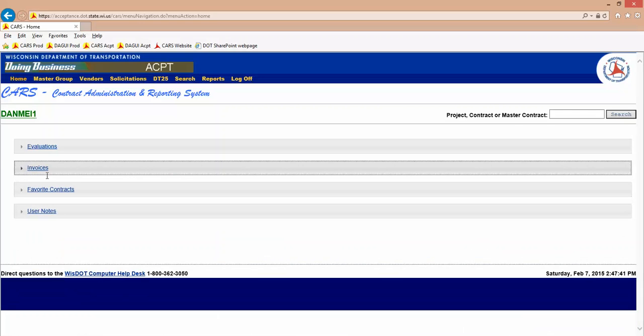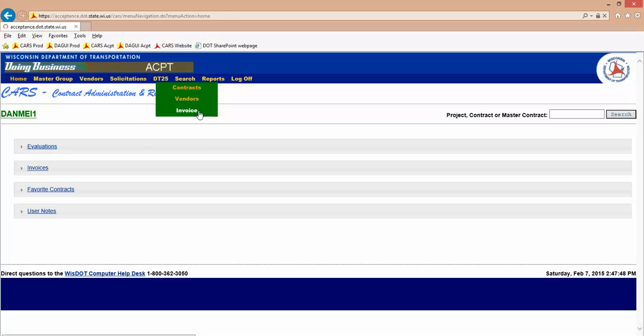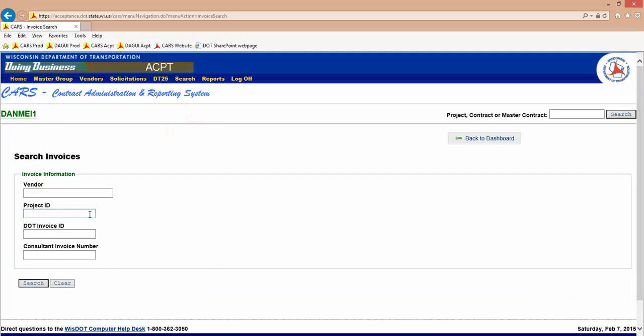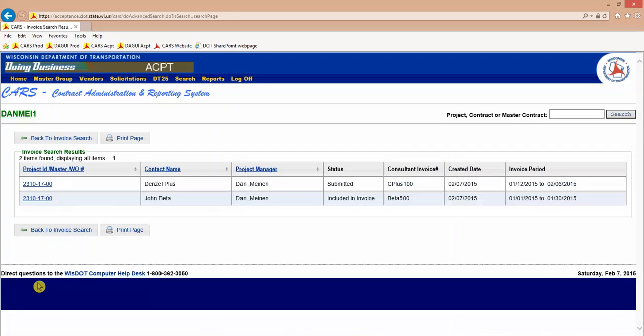So one place that we can find an invoice is to go into the search area. So we can click Search Invoice. And in this instance, the consultant has emailed me and told me they've sent an invoice in for project 23101700. And since they've submitted it to me, I now have 30 days to go ahead and review, approve, and then get this invoice paid. So we see that this is the invoice from C+, and they have sent it to